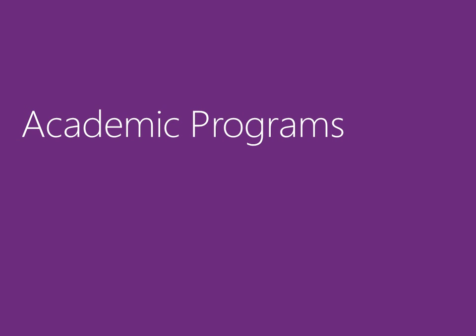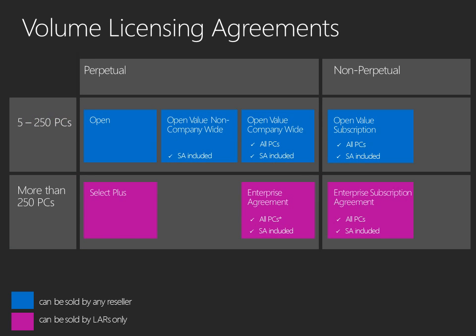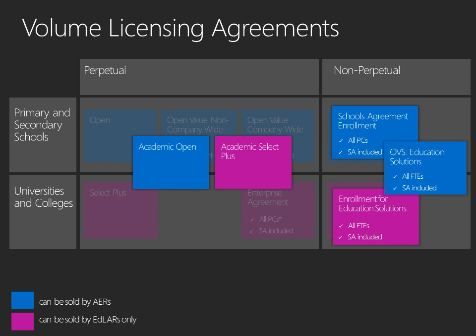Right, let's move on now to look at the academic programs. So what programs are available under academic licensing? Well, you can see on the slide here that we have the commercial volume licensing agreement shown because we'll use this as our start point. And you will see that there are some equivalent academic agreements. So we have academic agreements in the perpetual licensing space in the form of Academic Open and Academic Select Plus. And when we see the target audience there, these agreements are aimed at both the primary and secondary schools and universities and colleges. Academic Open can be sold by our authorised education resellers and the Academic Select Plus by our